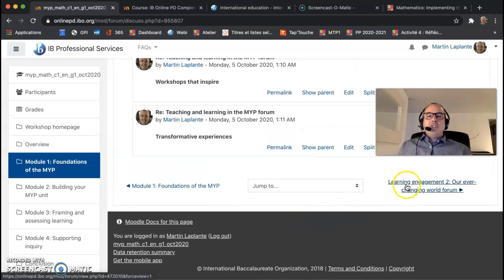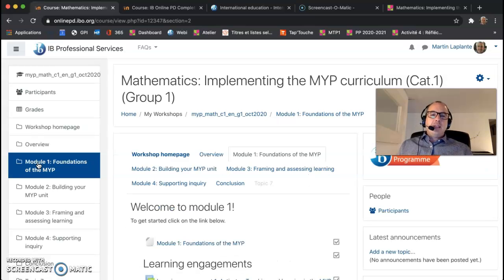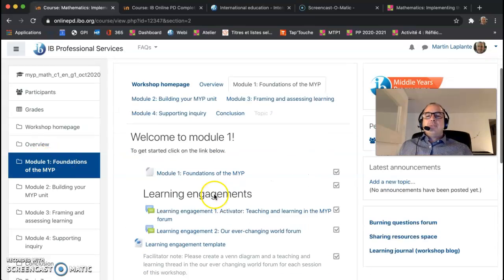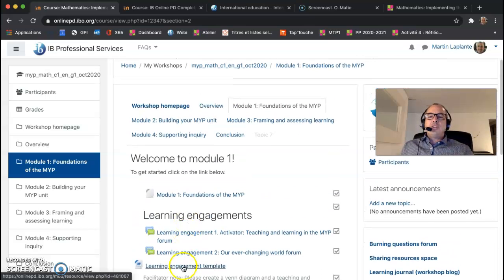When you have finished learning engagement 1, you can go to the next by clicking here, or by going back to module 1 on your left, clicking here, and then you see the second one. You see here that I've put a document which is the learning engagement template, which you will use to answer the questions in learning engagement 2. And then